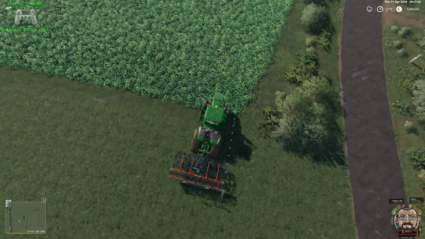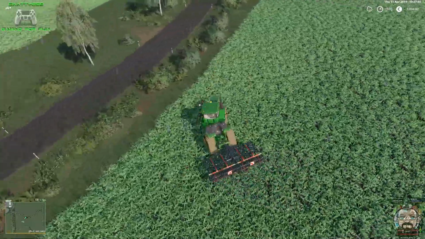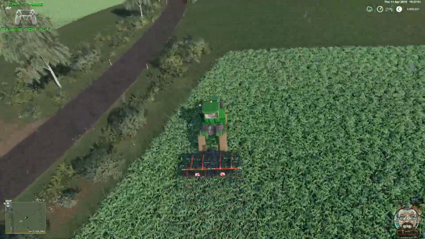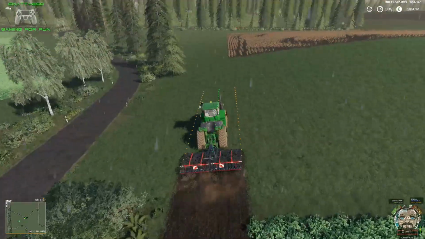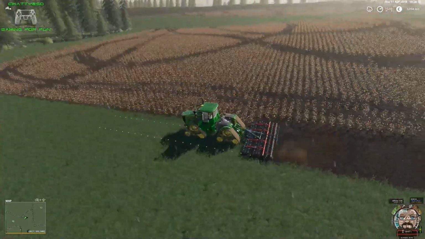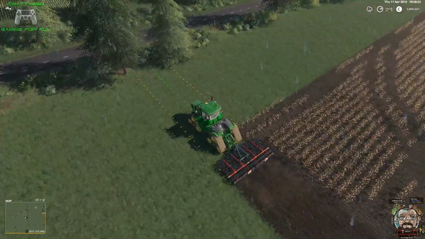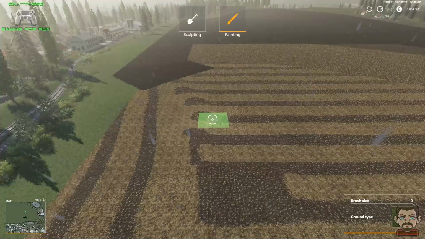It's got a very low horsepower requirement. I think it only requires about 110 horsepower to pull. It's 6 meters wide, and it has a very good working speed. You can see I'm flying down this field with it. I really do like this